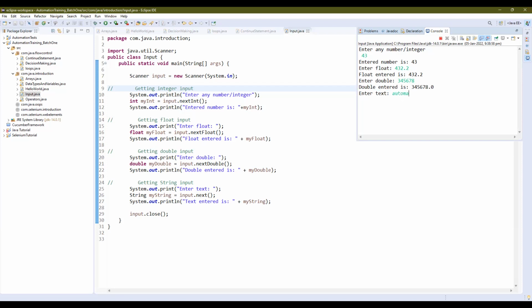So let's say, automation training, right? But here you can see only the first word is taken as the input. It is not accepting any spaces, any white spaces, right? So this is about getting the input from the user when your program is running.